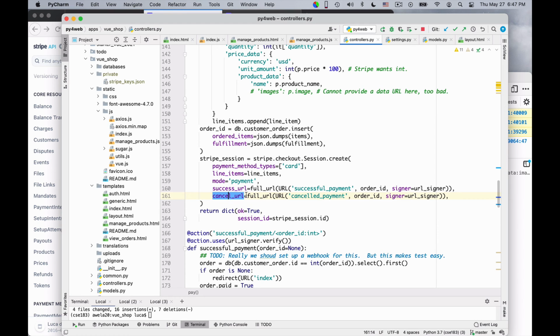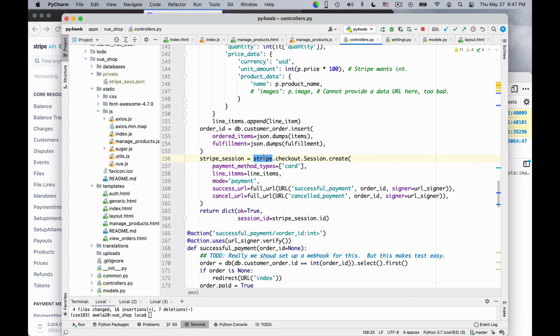Okay? And my URLs, I make them signed, so I know that there cannot be any spoofing. Essentially, I encode the successful payment or the cancellation of the payment for that particular order ID that I created. So in this way, I will have the confirmation of whether the order I have inserted, which originally is marked as not paid, will actually be paid. And I will reply to the browser with OK and also with a Stripe session ID.